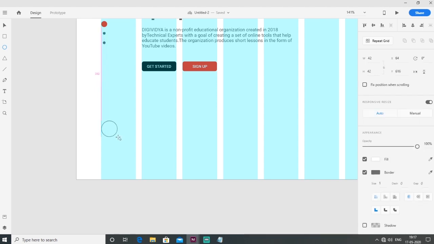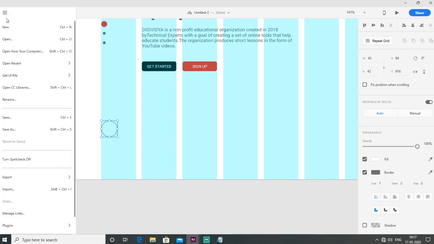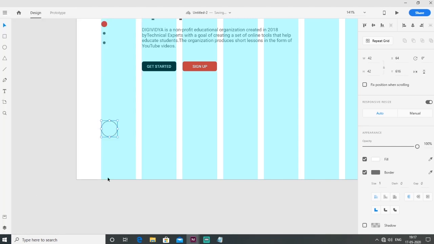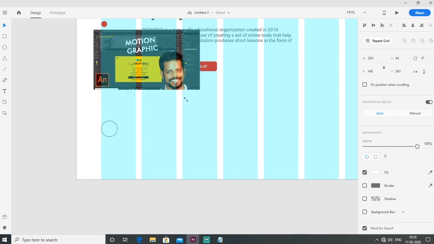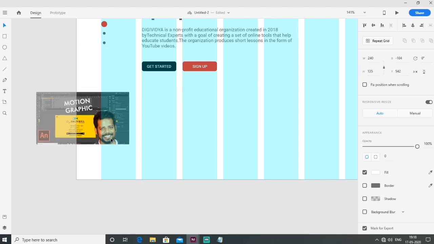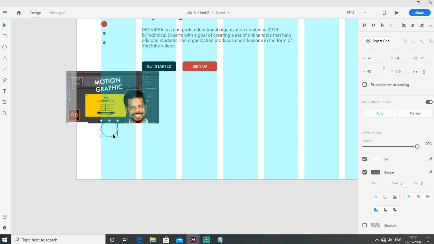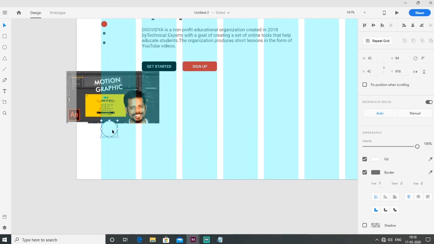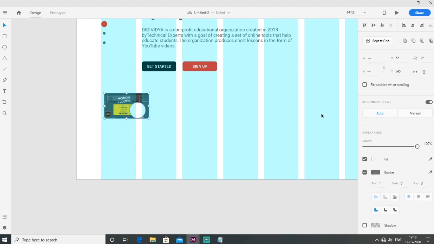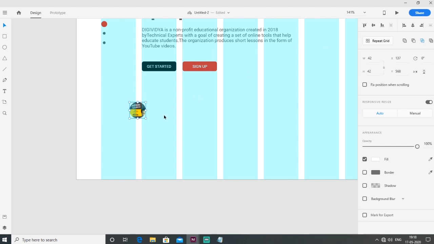Then I make a circle here and go to the menu bar, import a photo. So basically I place a photo and select the circle and right click on it and arrange it, bring to front, and select both the objects, and here I make intersect.